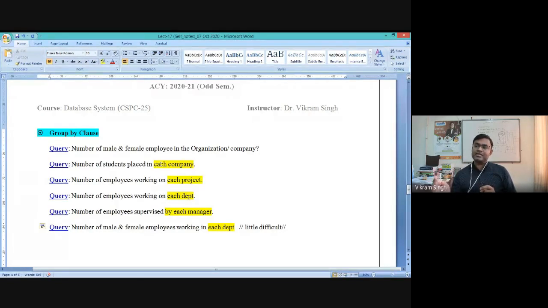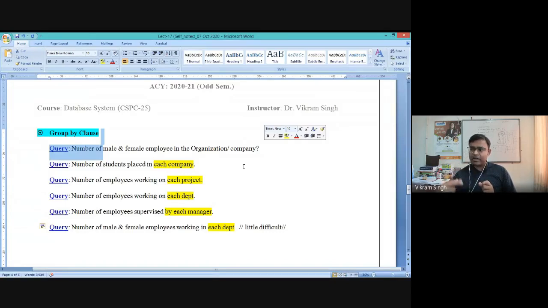The next subtask is that it will create the subtables based on these distinct values. Like in the case of the first query, where we need to count the employees based on their gender, if you take distinct of gender, it will have only male and female.